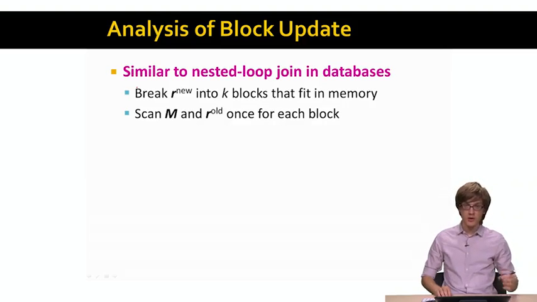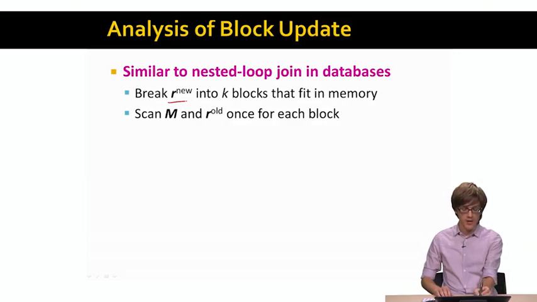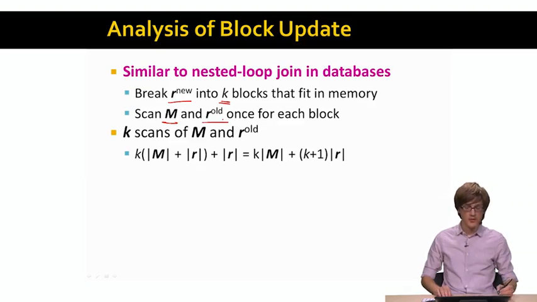So the way we think about this is very similar to what in databases we call a nested loop join. So the idea is that we take this vector R new and break it into k blocks, and then for every block we scan matrix M and R old once. So if you think about how much input-output time we need, or operations we need to do, here is a simple calculation, right? So basically we need to do k scans of R and M. So this means that we have k times size of M plus size of R,